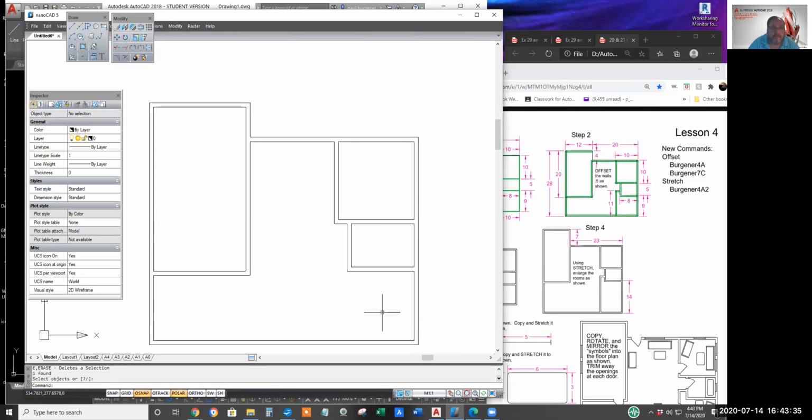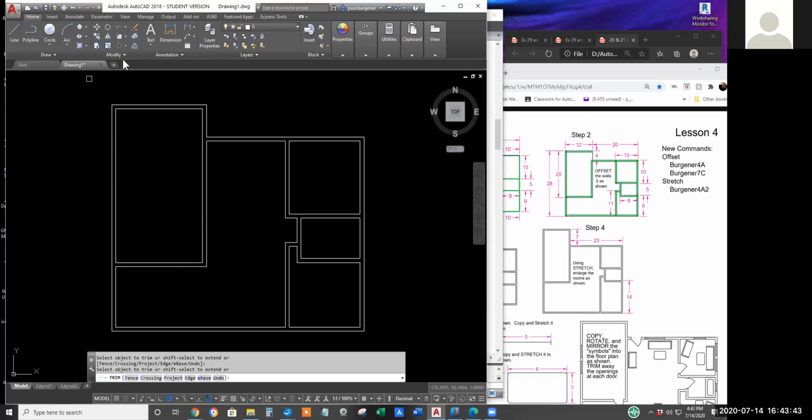AutoCAD probably still has a command called mline. It's so unpopular that you got to go out of your way to find it because it was so buggy when it came out. I think that was in release 13, early 90s, 94 maybe.